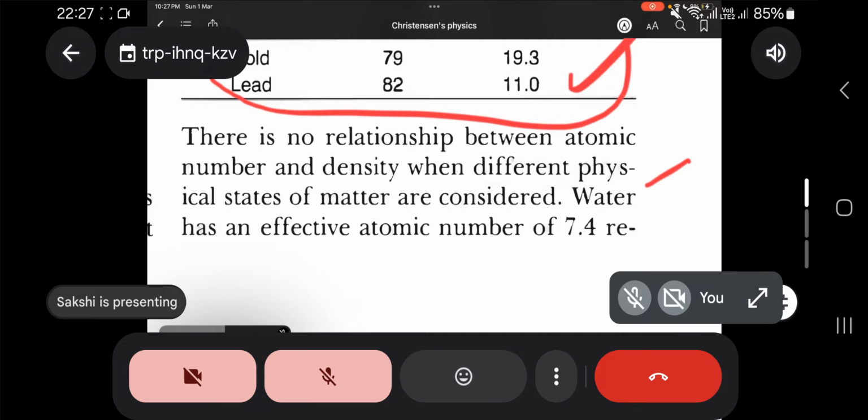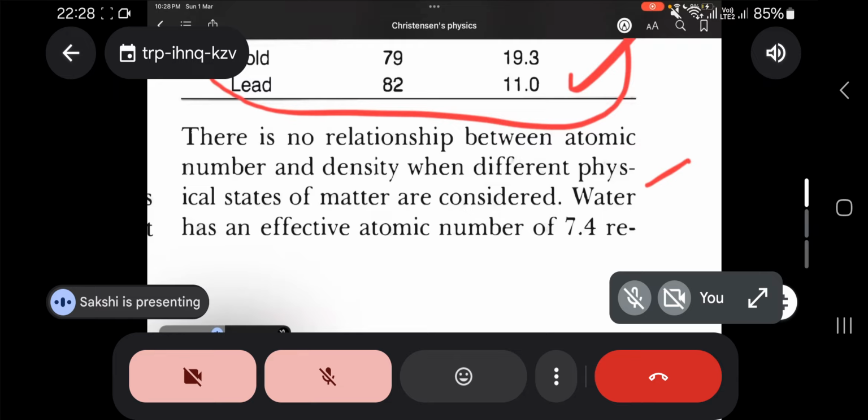Water has the same effective atomic number, 7.4, but not the same electron arrangement, that is, the density of the solid, liquid, and gaseous state of water is different. Ma'am, in different states, the intermolecular space is different for every element, so the density will be different because there is space in between. Yeah, that can be a good explanation.